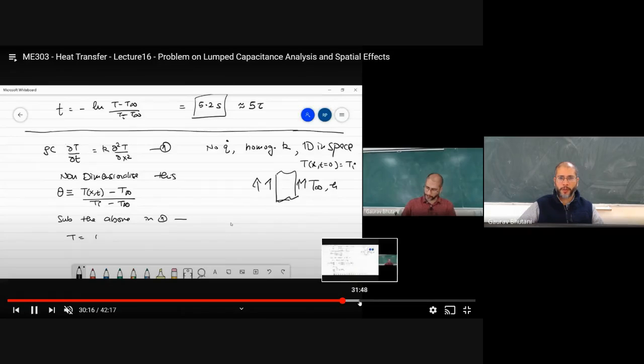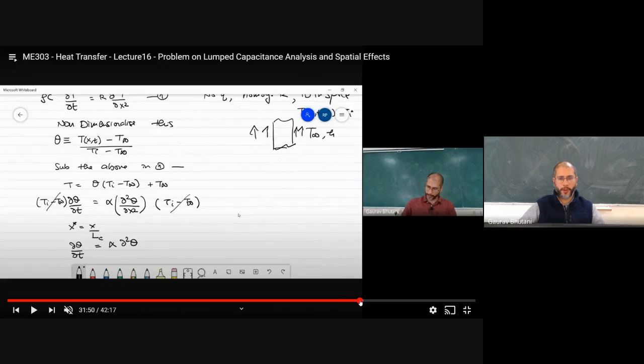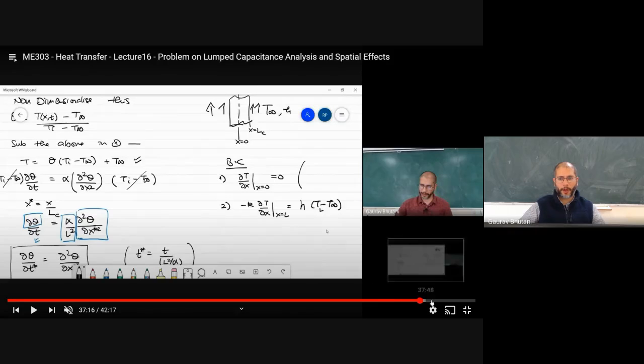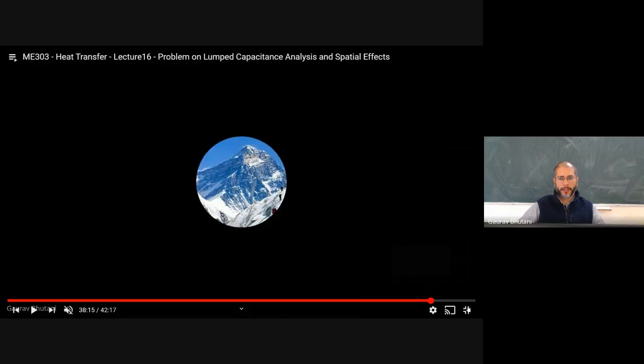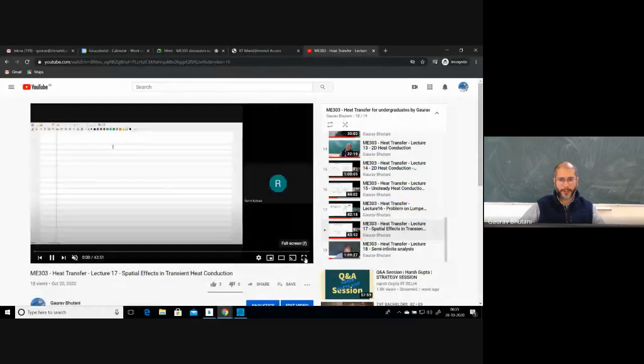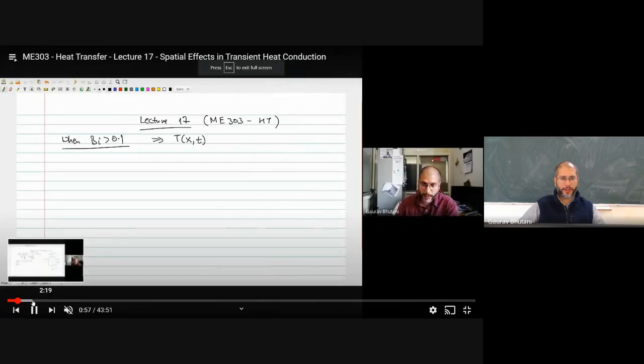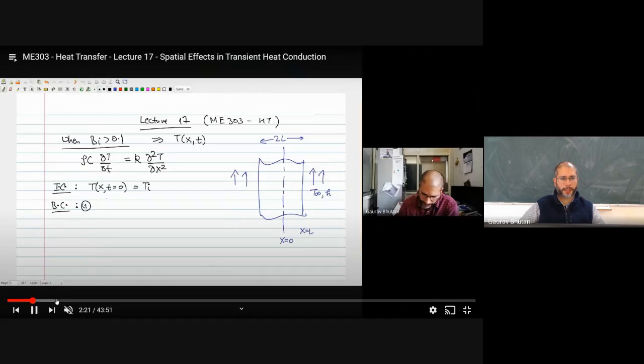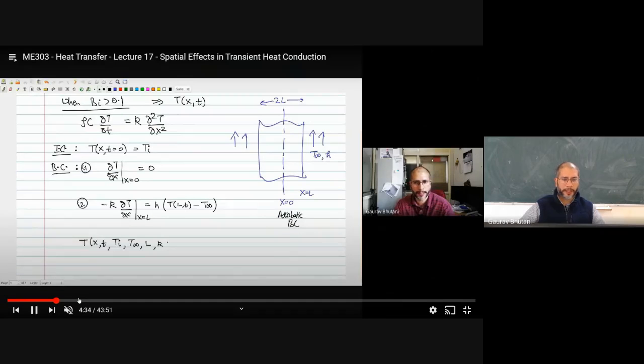Next, we moved on to the second step in the unsteady heat conduction system, where we said that the spatial dependence is important. So in that case, first we wrote the heat conduction equation with the boundary conditions in a non-dimensionalized system. And I did not solve it because it's a bit complicated to solve it. So I simply gave you the solution after formulating the equation in the form of an infinite series solution. Again, you can use the idea of separation of variables to solve it yourself if you need.